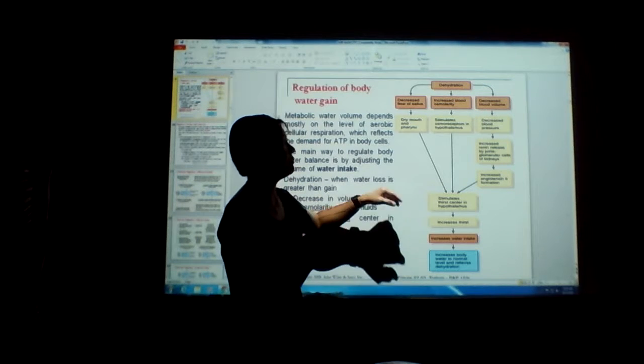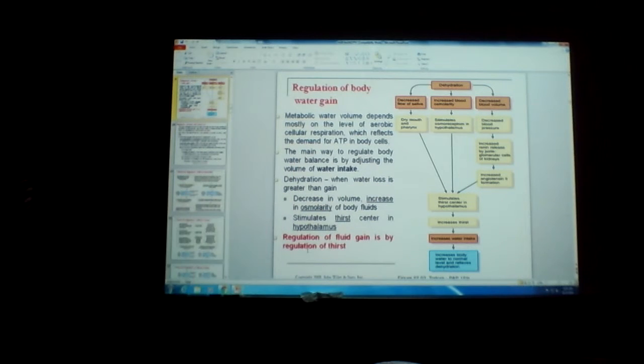At the same time, there is another body system that helps in water balance. I'm sure you can guess what it is. It is your... what? What other body system helps in water balance? Like when you're dehydrated, what do you think will help? So this one is our thirst, but the kidney can help us. So what is it? The renal system through what?